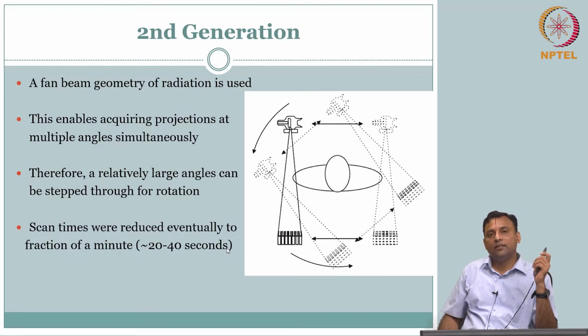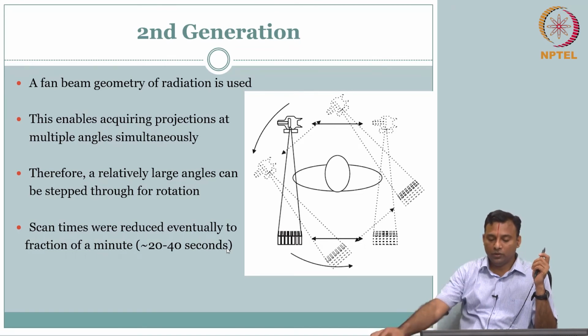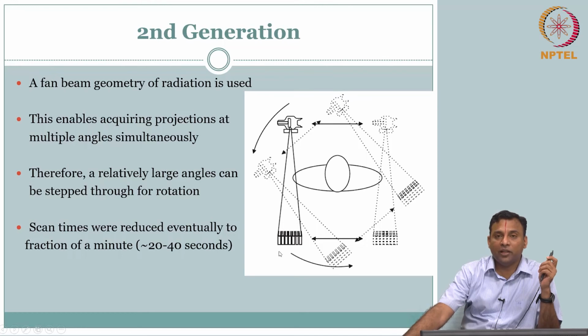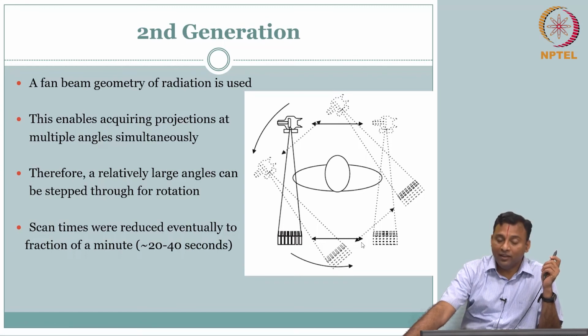Then what do you do? Then you say, oh, I want to work on the next product. The challenge is, I am happy that it came down to 20, 30, 40 seconds, but I am greedy. What will I do? By that time you have an ecosystem, all the materials, manufacturing is improving. Instead of only a few detectors, why can't I have more of them? How many more? Well, instead of having 8 to 16, it's incremental.